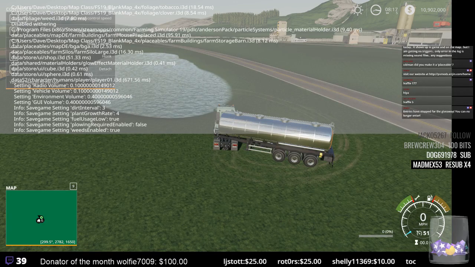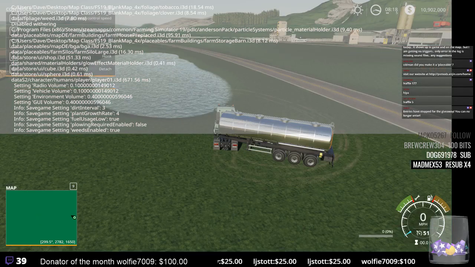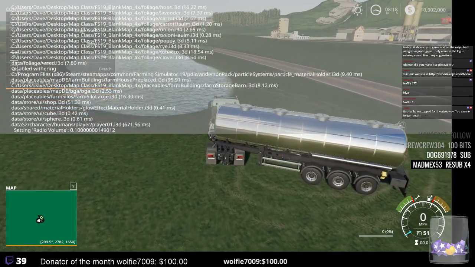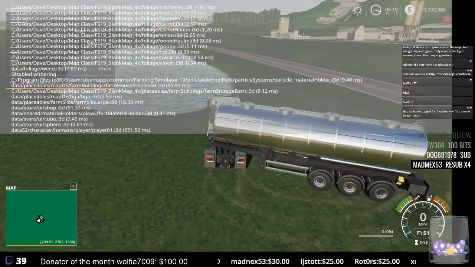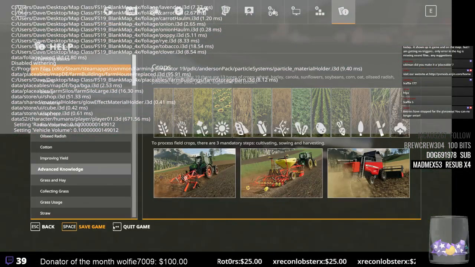I could see it loaded the BGA Farm Silo Large, and it doesn't even, did I save that file? I don't even see the water fill triggers loading up. I see the farmhouse, the storage barns, the BGA, and the silo. And then it never actually loads the,